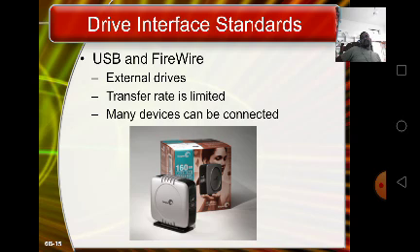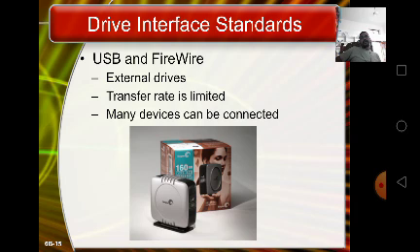Another question is: list 3 tasks you can perform that can improve the performance of a computer's hard disk. How can fragmentation harm system performance?